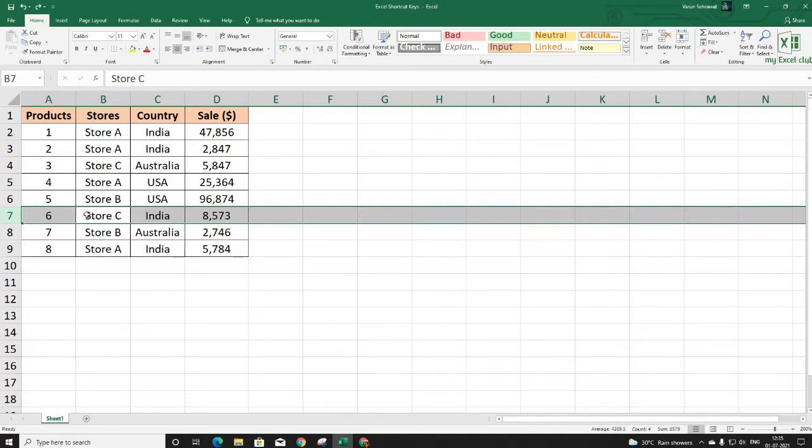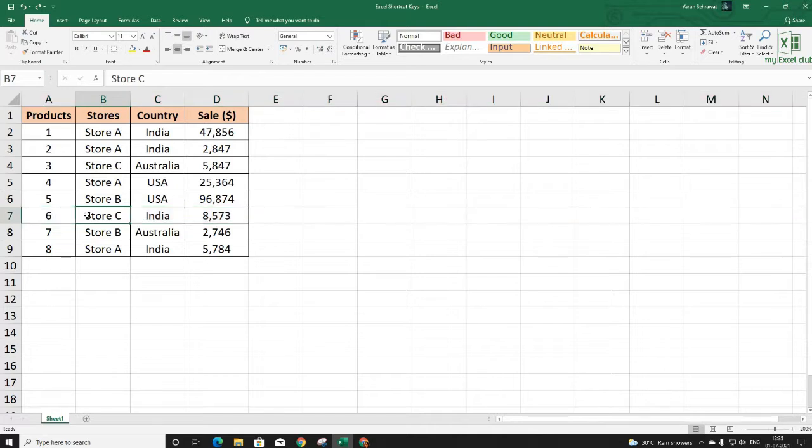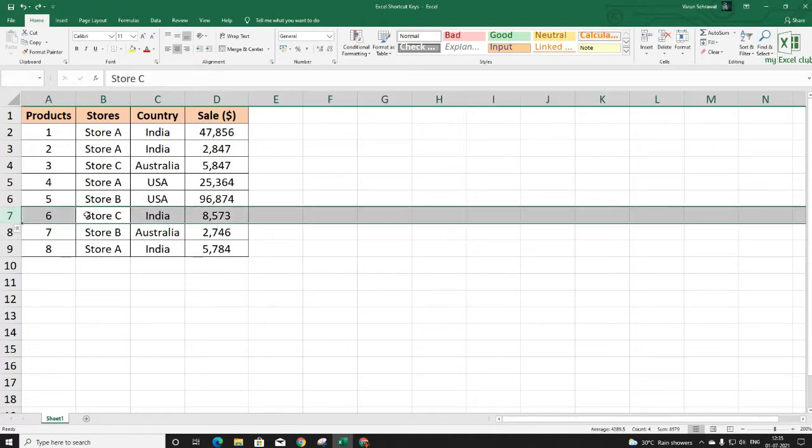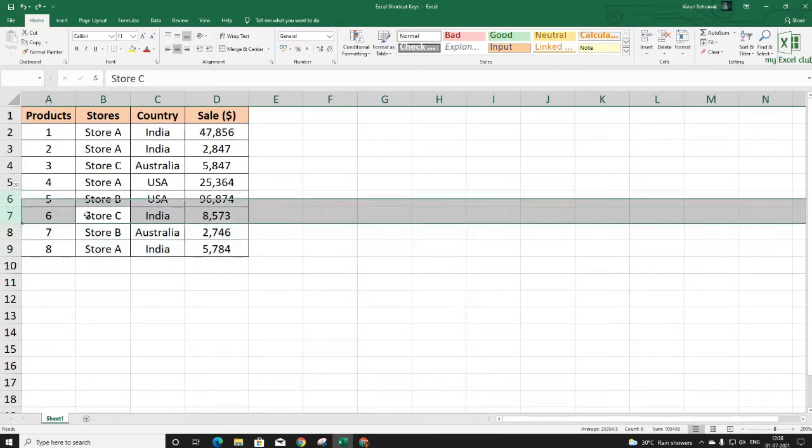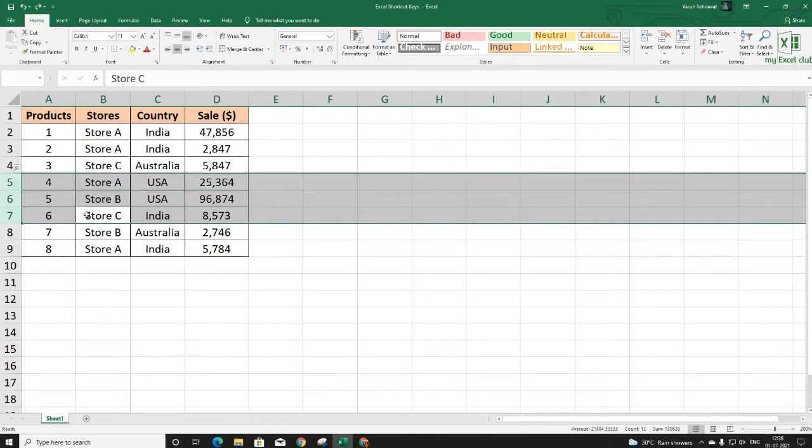To delete multiple rows, you can highlight the entire row again by pressing Shift and Space key from your keyboard, and then press Shift and arrow key downwards or upwards to select the rows which you want to delete, and then press Control and minus key from your keyboard.